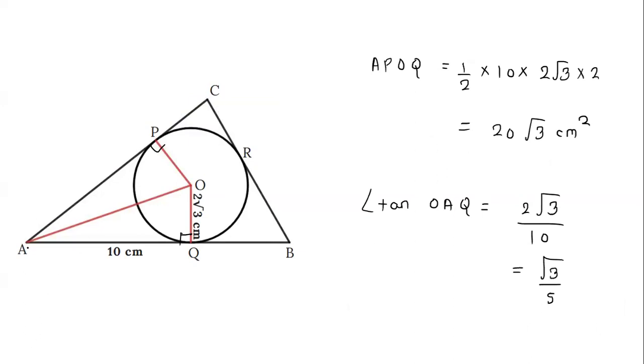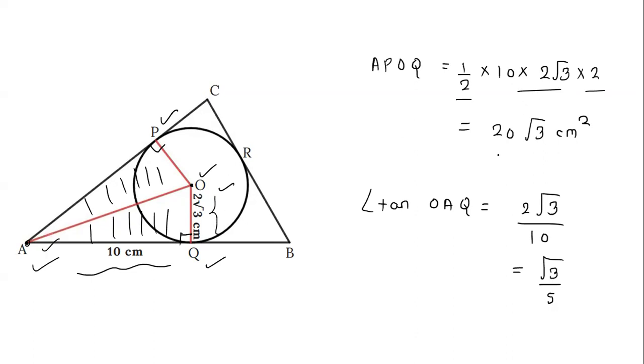So in this figure, if I join this A point to this O point, there are two triangles forming. One is AOQ and one is AOP. So this triangle is symmetric to this triangle. So this whole area APOQ is simply 2 times the area of one triangle, which is half times the base, which is 10, and this height, which is equal to the radius of the encircle, which is 2 root 3. So the area of the triangle is 10 root 3, and multiply by 2, it will come like 20 root 3 centimeter square, which is the area of this APOQ.